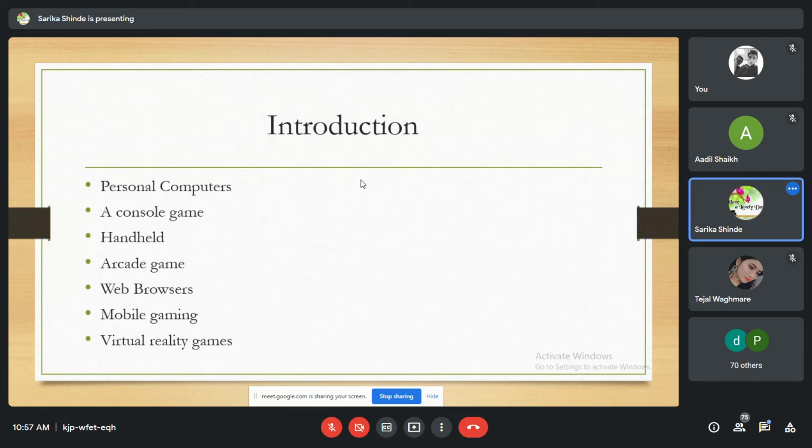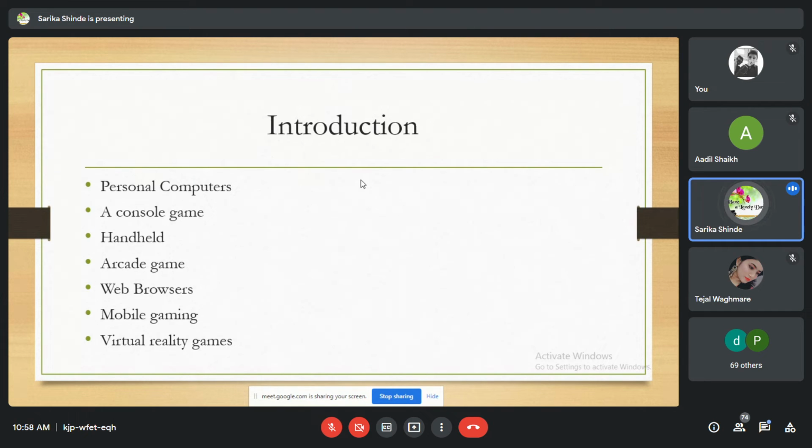Now we see some basics about this. Personal computers. Personal computers are general purpose machines, so the performance of a game on another platform may vary vastly compared to a personal computer. Personal computers are easily upgradable and economical. It is a good option for multiplayer games. However, there is a small library of games on personal computers and the performance of high graphics games is very average on it.